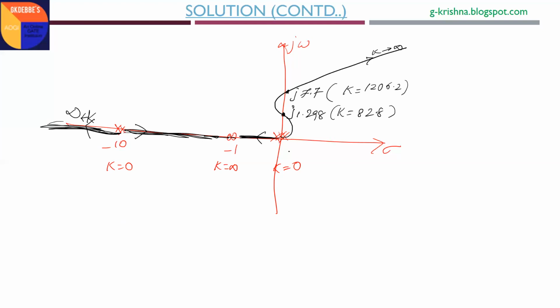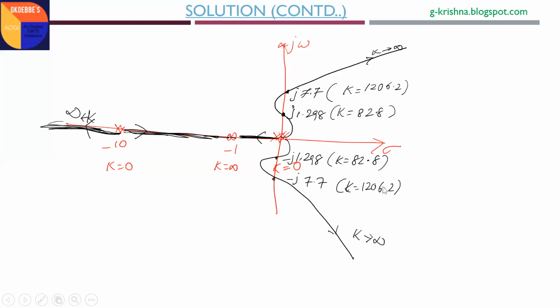Similarly, one more branch will go with -60 degrees or 300 degrees as K tends to infinity. Again it cuts at minus j omega PC1, that is minus j 1.298, for the same gain 82.8, and here at minus j 7.7, with gain 1206.2. From here we can tell the range of gain K for stability, instability, and even marginal stability using this root locus plot. If it is cutting the imaginary axis 3 times, then the plot is drawn like this: